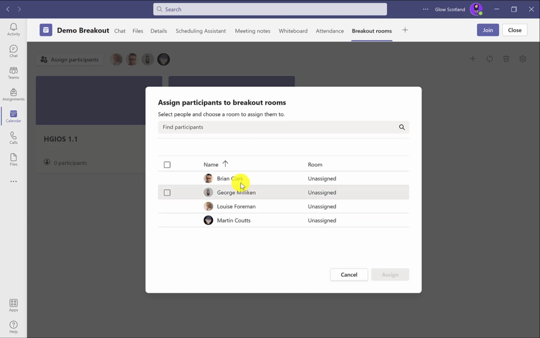When manual is selected, you'll be given a list of all meeting attendees and you will be able to select multiple people and assign them. Choosing a room or choosing not to assign them a room. This means you can choose to assign individuals to a specific place or choose for them to remain within the